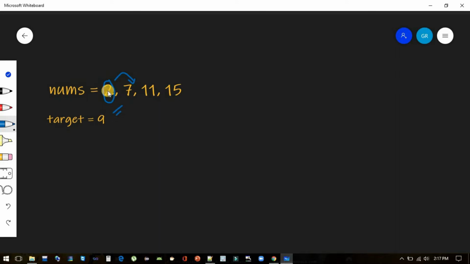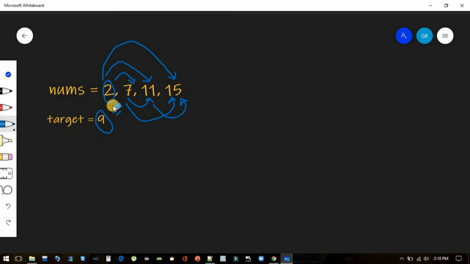If it is not equal to 9, then again check the first number with the third, likewise the first with the fourth number. If the sum of those two numbers is not equal to 9, then we again do it for the second element: second plus third, second plus fourth, and so on.